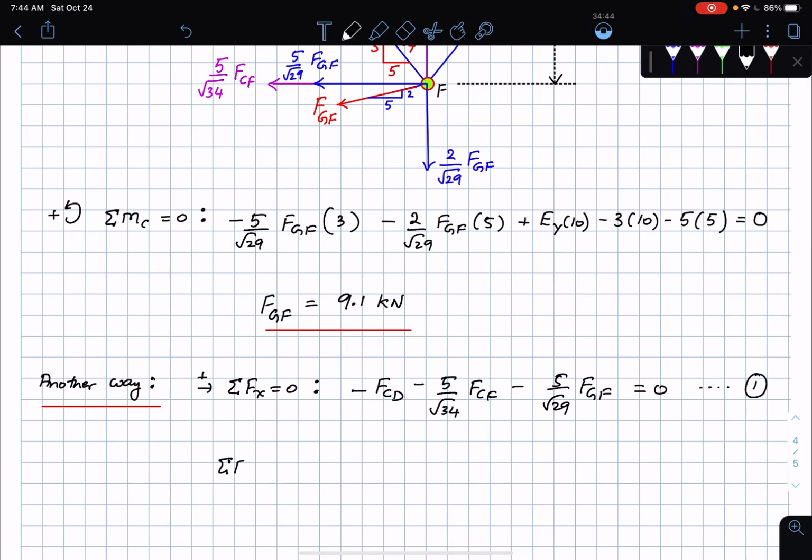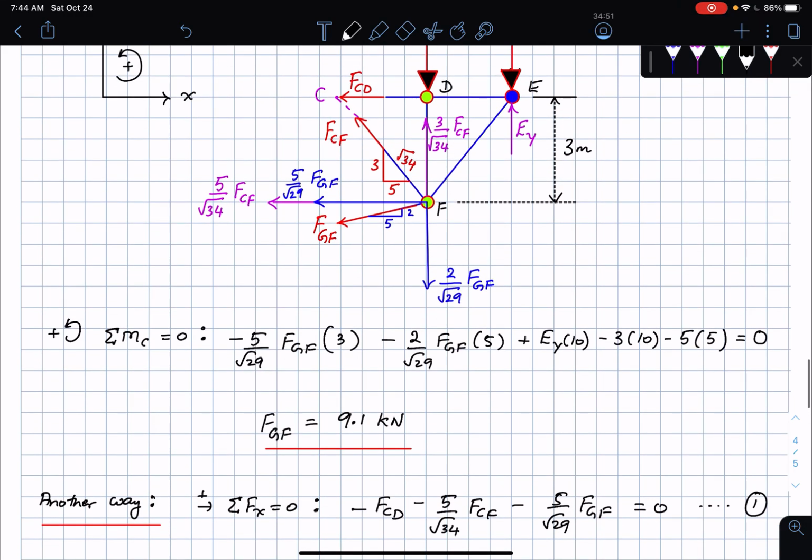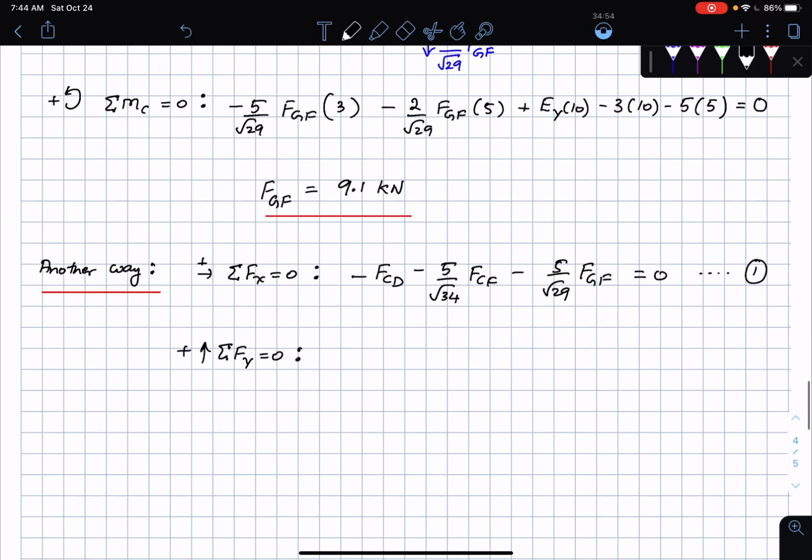Then I can say, sum of forces in the y direction is equal to 0. All the forces pointing up are positive. What are the forces in the y direction? I'm going to have 3 by root 34 FCF pointing up and EY pointing up. So EY plus 3 by root 34 FCF, and then this force of minus 5, minus 3, minus 2 by root 29 FGF is equal to 0. Which means that you can solve this as a set of equations. You can use the method of substitution, or solve this as a system of equations,